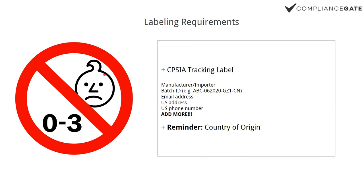I just want to make clear, this is actually an EU label, so don't make a screenshot here and add that to your product packaging. But yeah, the CPSIA tracking label. Okay. First we have